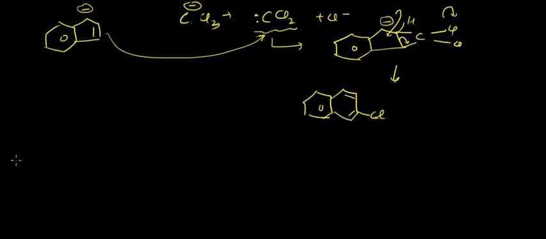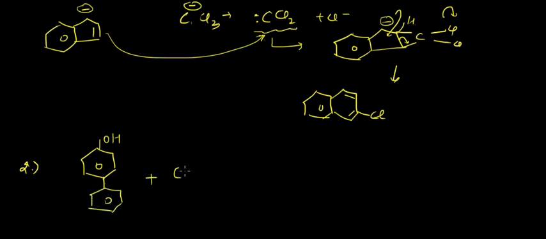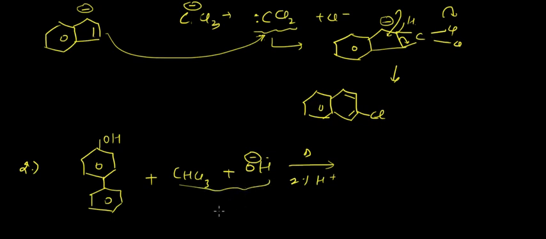Okay, so let us see another example. We'll have something like this compound and we are reacting it with again CHCl3 in presence of OH minus. What will now happen is again we are heating it and the second thing we are passing on is H plus. Again what will we be getting? Obviously this will be converting into CCl2, a carbene, and again this OH minus will be attacking on this phenol